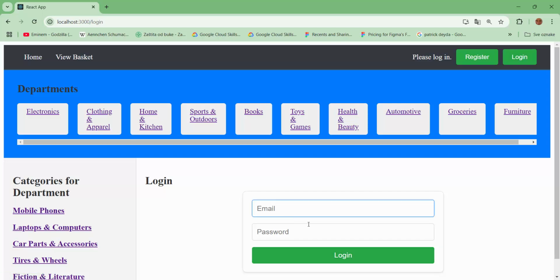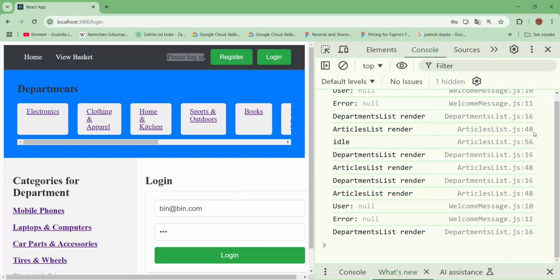Login is here. Bin, bin.com, and the password. When I put in login here, please log in, we will see welcome bin. Login, and also F12, I'm going to